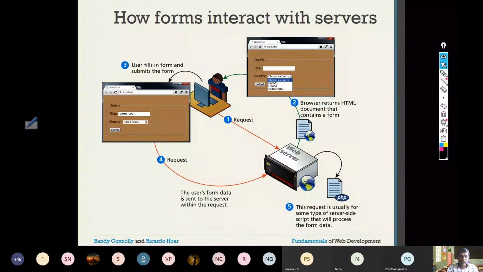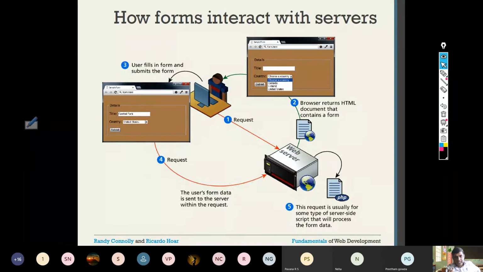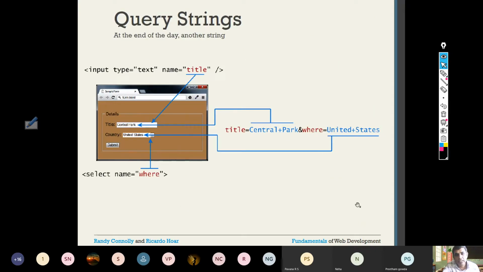Okay, that's what is done, and of course in the sixth step, the web server will build the HTML page containing the result from your database and finally send that result HTML page to the client. The browser or client will display that result. So this is how the interaction between a client and server takes place with respect to forms. Okay, with that I think everyone understood how forms interact with servers. So next is query strings.